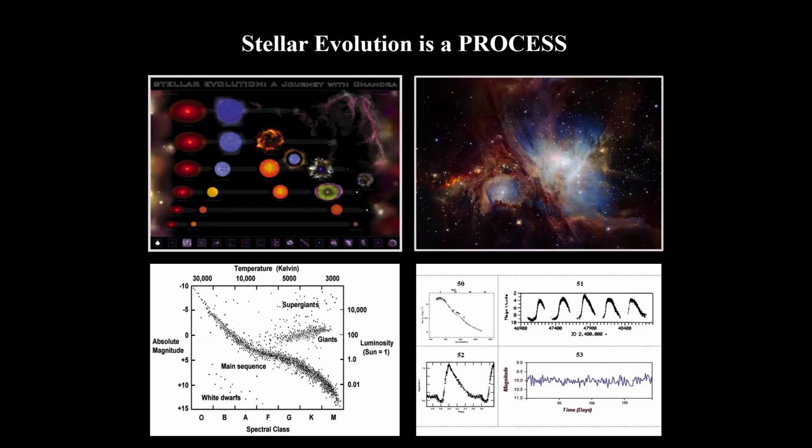The illustration on the upper left is an artistic view of the HR diagram. The graph on the lower left is basically a plot of some combination of physical characteristics of stars: temperature, classification, luminosity, and/or absolute magnitude. The image on the upper right of this slide is M42, our good friend, the Orion Nebula. It is one of the deep sky objects for this year's competition, and I will discuss it when we get to the deep sky objects segment.